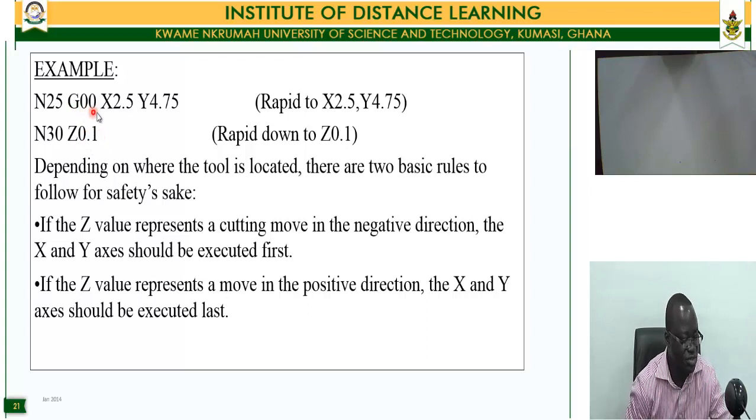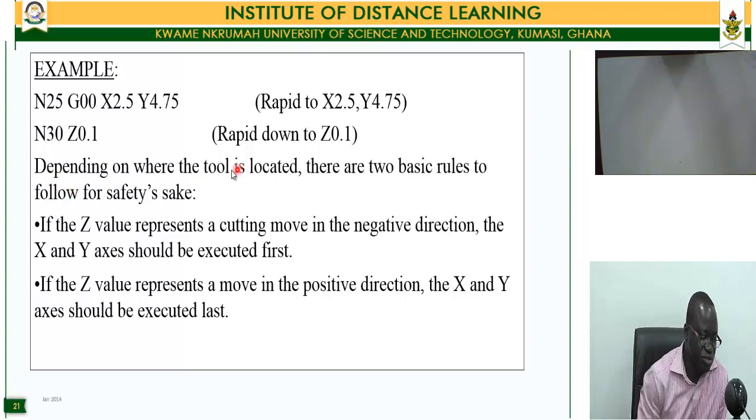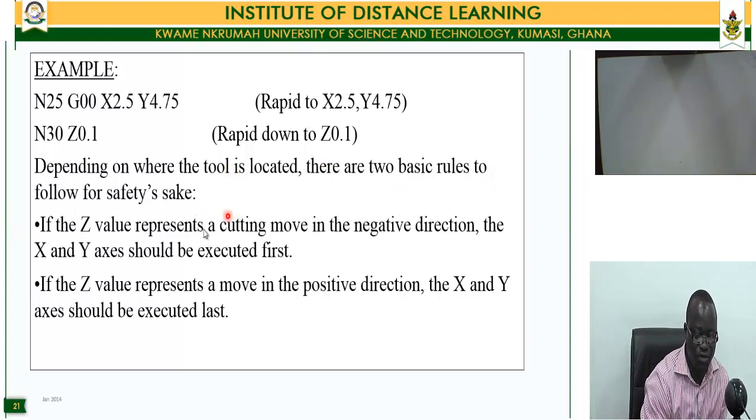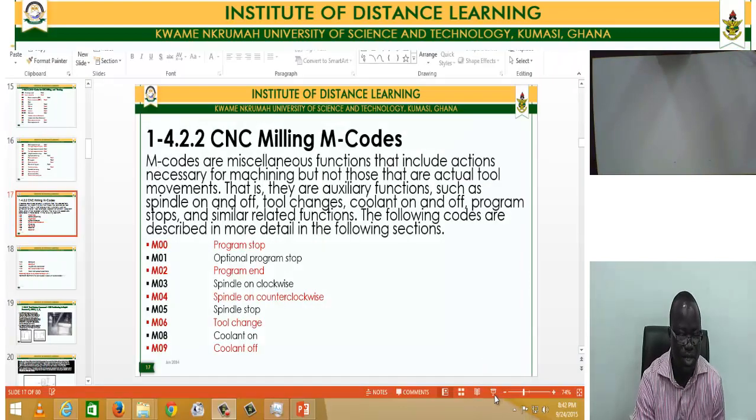So for instance, the G00 command, if we want to use it, basically, let's say for example, if you have this as a basic example showing the tool, we're going to have, okay, so we look at the